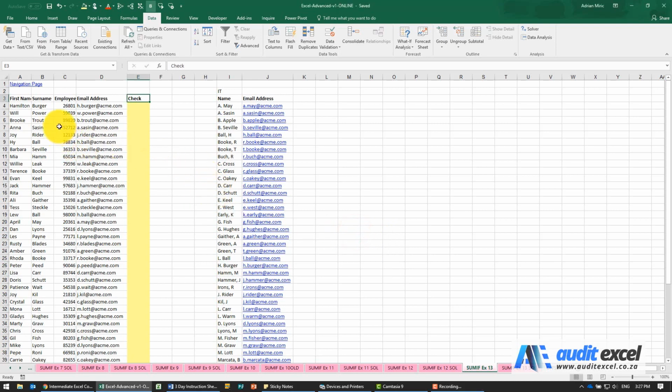In this example, we've got information of the HR system with the first name, surname, and using VLOOKUP with some wildcard characters, we figured out what the email address probably is, given that the email system records the names like this. What we're worried about is if there's people with the same surname and perhaps we put in the wrong information through. So what we want to check is how many times does this surname get matched in this list, because VLOOKUP will pull the first one, but it may actually be the second or third one.